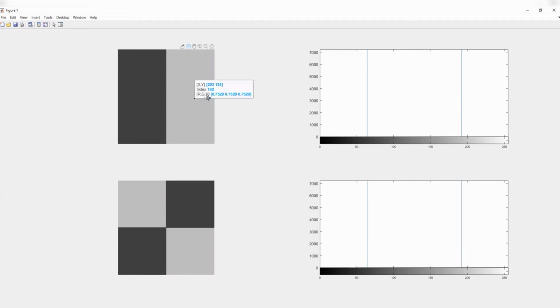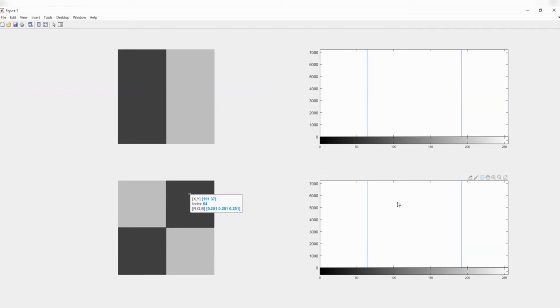The image intensity range is from 0 to 255. So 64 is almost 1/4 of that max, and 192 is 3/4 of that. If you see this image, 50% of the pixels belong to 64 and 50% belong to 192. None of the other intensities exist. Then in this image, again only two intensities, 192 and 64, but the distribution is different. Even then, overall, 50% of the pixels belong to 64 and 50% belong to 192, and that's why the histogram remains the same. Amazing, right? It's really tricky.